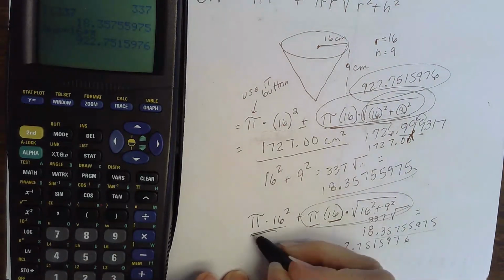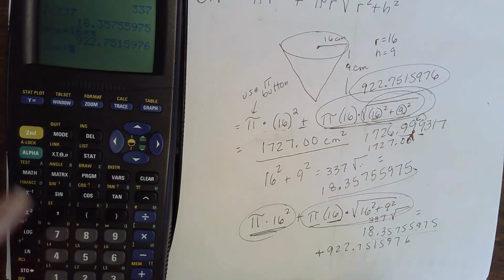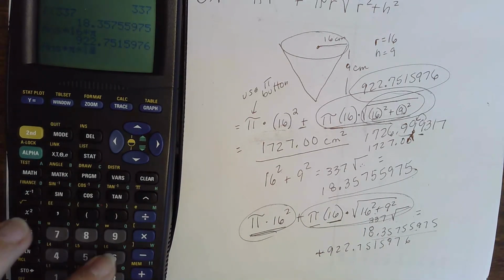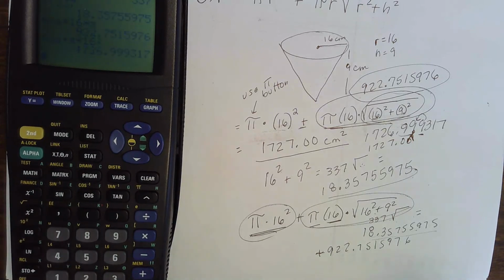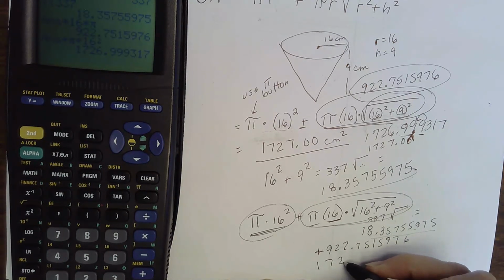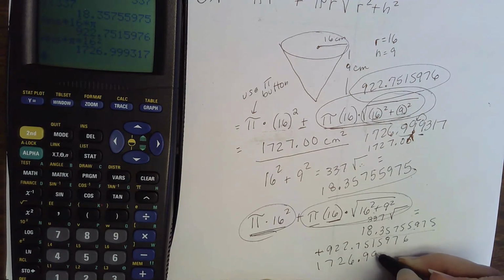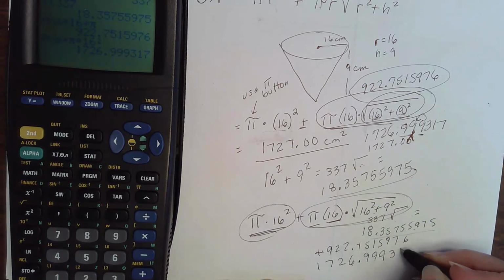So then I'll go over here and do plus that pi times 16 squared, and then it gives you exactly the same answer as we had before. So if your calculator still didn't cooperate with that,